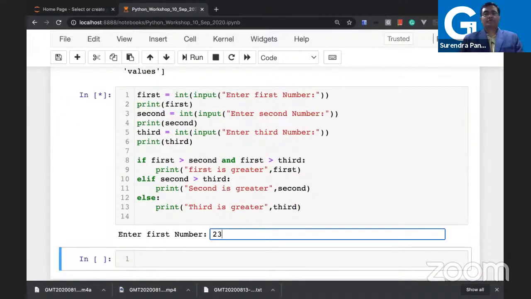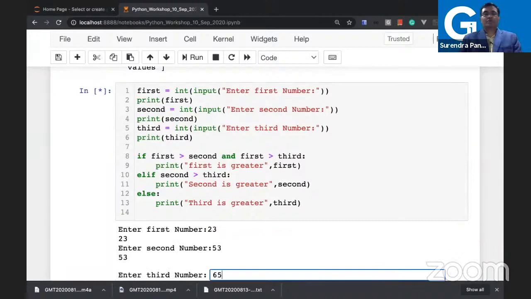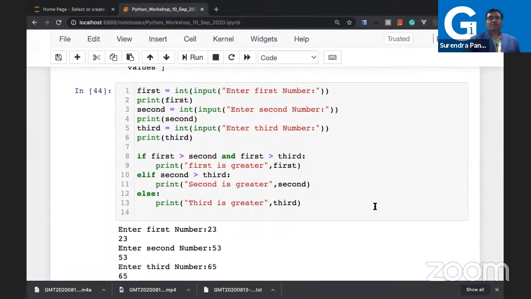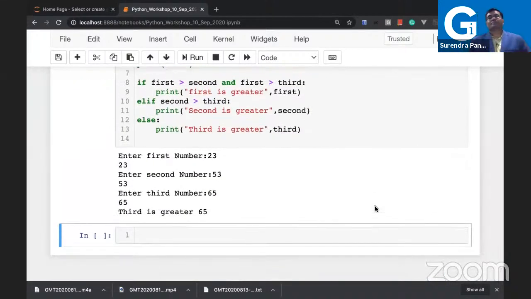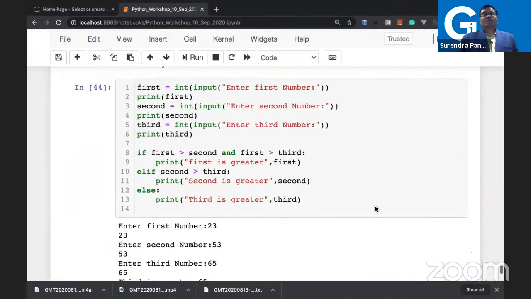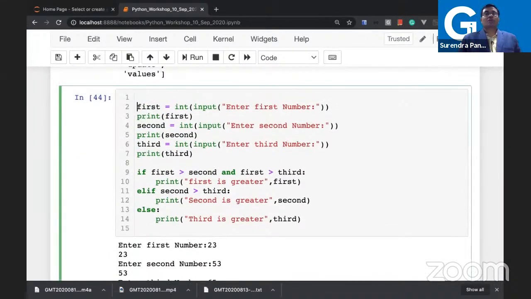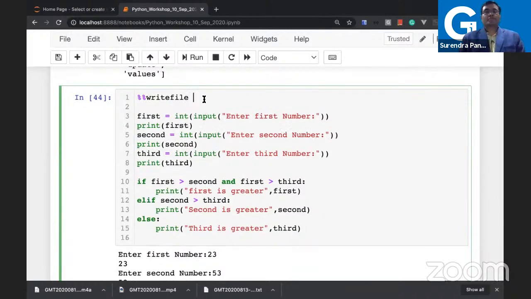You just give the value here, first value, second value and third value, and you can see the result here. What is it saying? Third is greater. Very simple program. You can save this program now in the notebook also. I'm just saving it now, saying greatest